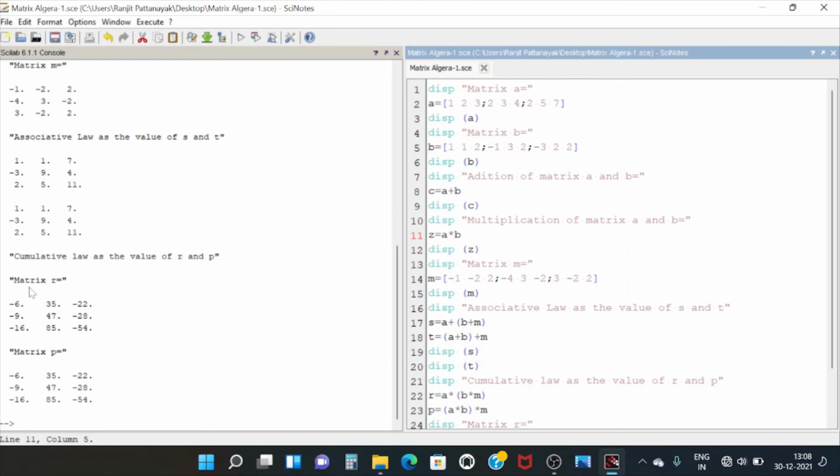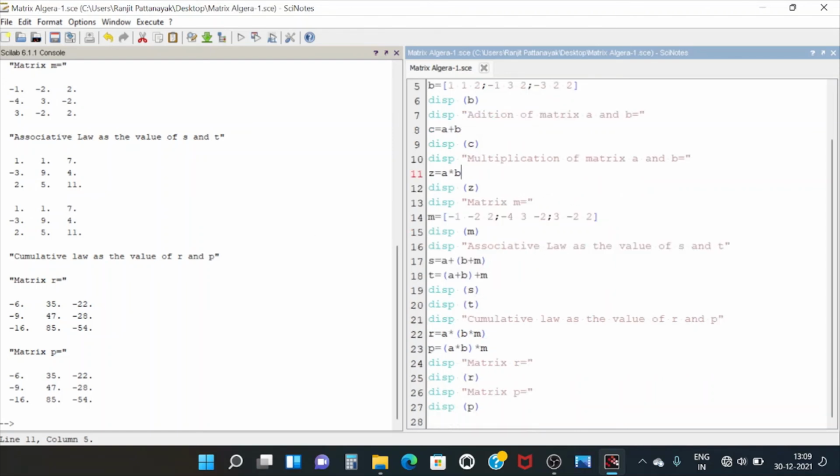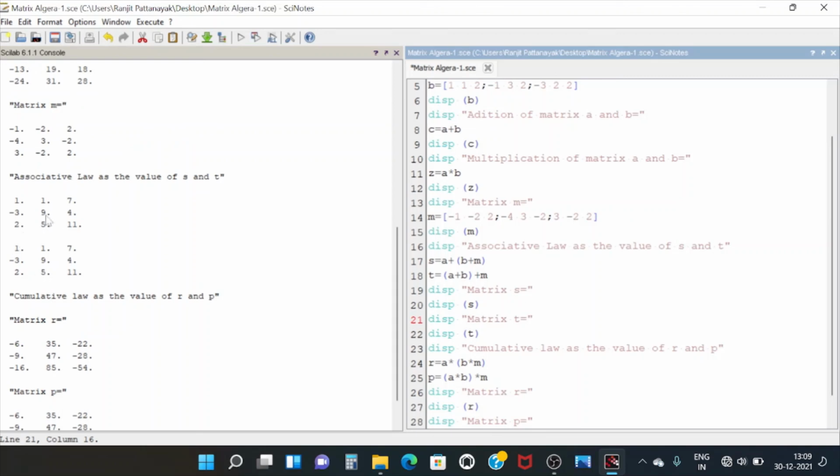Likewise, whatever we wrote for the matrix R and P, likewise we can write for S and T, so that before matrix S it will display this line, matrix S and matrix T. Okay, so here we can write, here I copied and pasted, display S and display T. So if I run, before displaying the value of the matrix S and T, it will display these two lines like this: matrix S equal to, matrix T equal to.